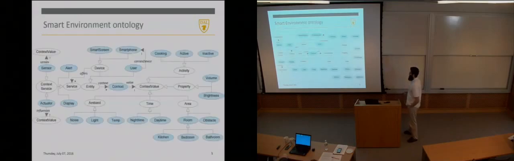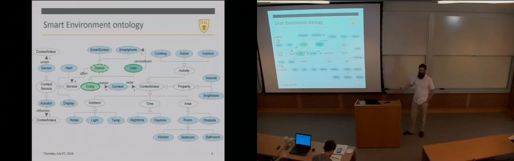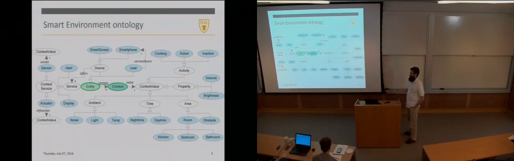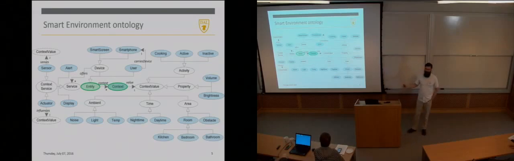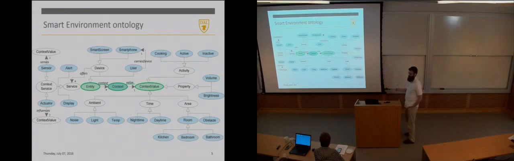So this is an overview of that ontology. It is very straightforward. You have an entity that can currently be a device or a user. We're actually thinking about maybe plugging in a more extensive existing ontology later on, but this is what we're currently working with. Each entity has multiple contexts associated with it. This context can have, and this is not shown here, a time from and until which it was valid, a certainty associated with it, the sensor that sensed it, and so on. Importantly, it has a certain context value.